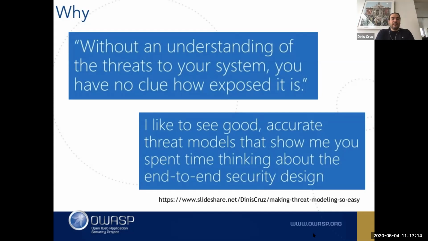Cool. And there's one more point. When you see a good threat model, it also shows that there's been some time spent thinking about end-to-end design. And actually, sometimes threat modeling forces you to think about the design of what you do. I've done so many threat modeling sessions that start with 3 people in the room and end with 25, because every time you ask a question, they don't know. And then they go and get somebody, and that person ends up staying.